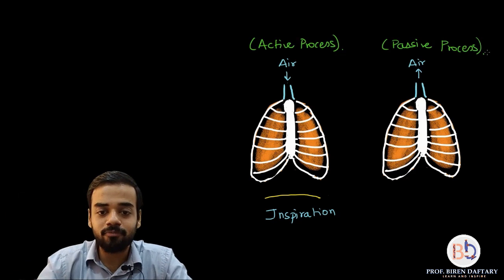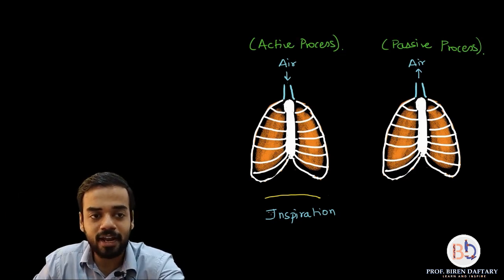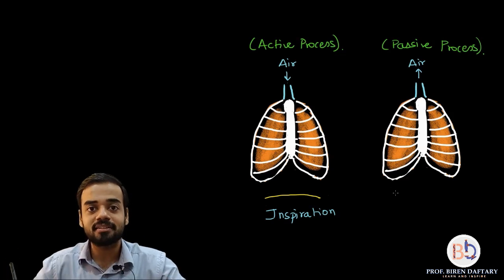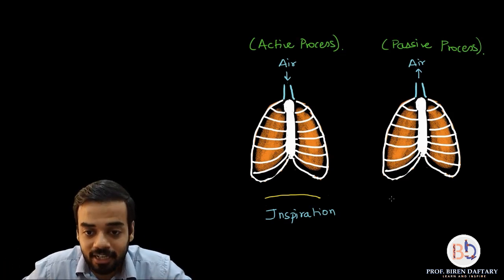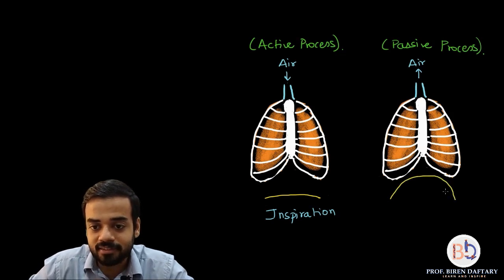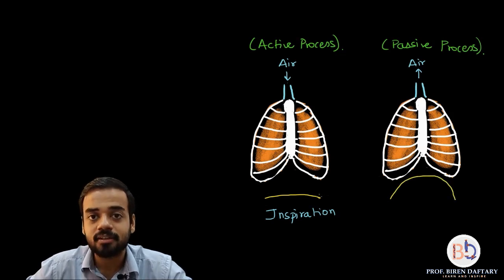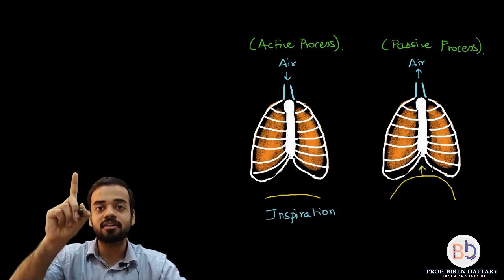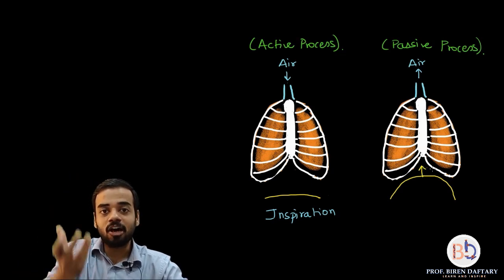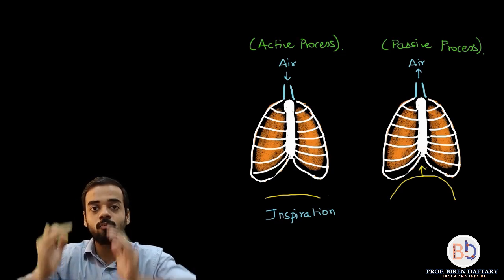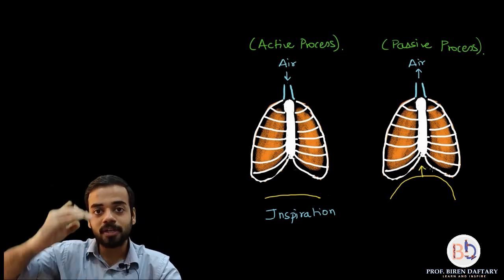So the diaphragm, which is in the contracted state, is flat over here. When it relaxes, its length will increase and it will again become dome shaped. So your diaphragm will become like this. You can see this length is more than this length. So now the diaphragm becomes dome shaped and it begins to push the lungs. It is now exerting pressure on the lungs because it has become relaxed and is moving up.